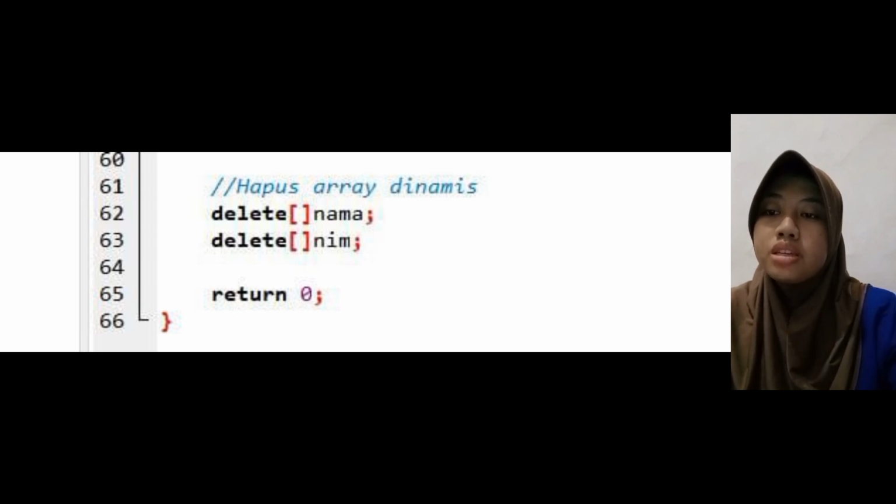The name, this is the name of the variable that refers to the dynamic array. And then delete names. This line will free the memory occupied by the names array. If not deleted, this memory will remain allocated and cause a memory leak. And then delete name, just like the previous line. This line deletes the name dynamic array.